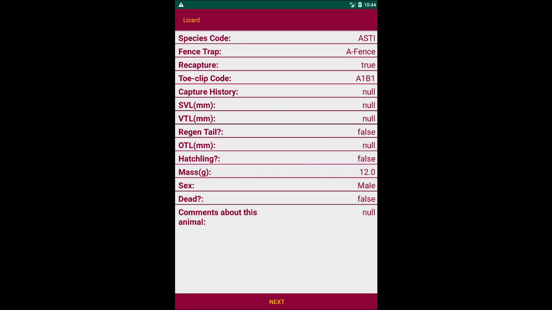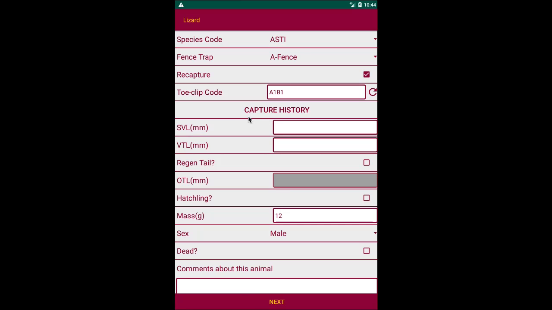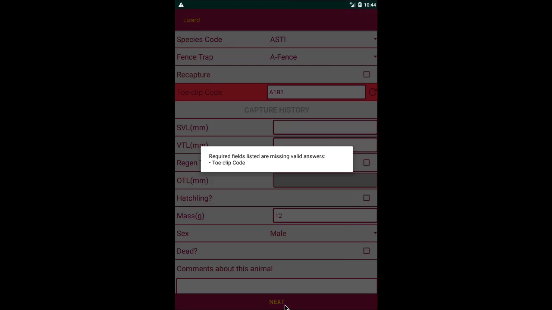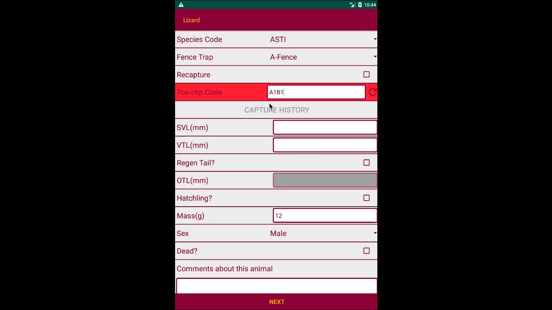Now, one of the other things that the old app does that the new app now also supports is the ability to generate code. So let's say that I hit next and I say, oh, whoops, that actually already exists. I can hit this generate button here, and it will generate a new toe clip code from an entered chain of toe clip codes that is valid and is unique, and so has not been entered for any of those previous values. So the species and the